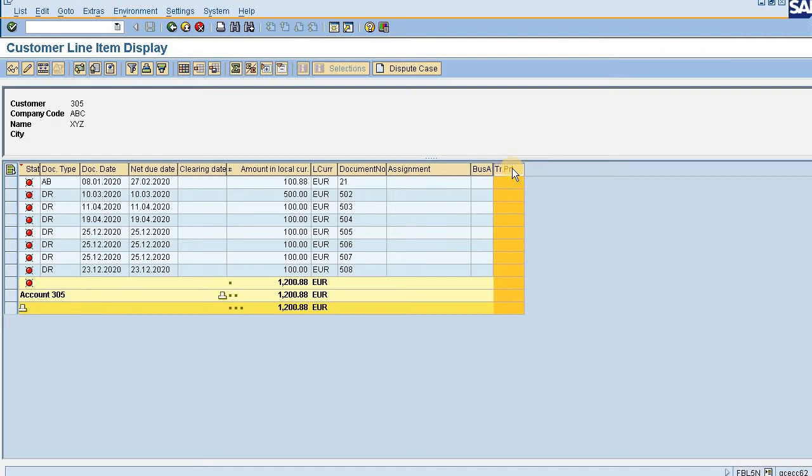Now the second question is how can we clear this customer then? The answer is, as per the maintained configuration, as any of the three criteria is not being fulfilled here, that is why we cannot do the automatic clearing. So we only have one option left, that is the manual clearing. So we have to do the clearing manually.